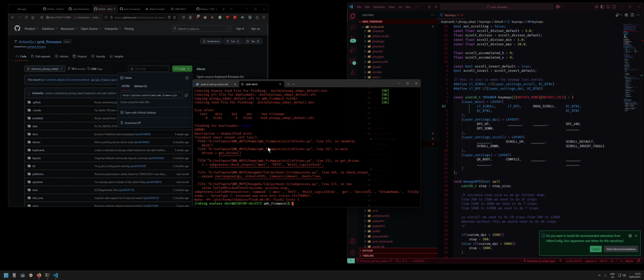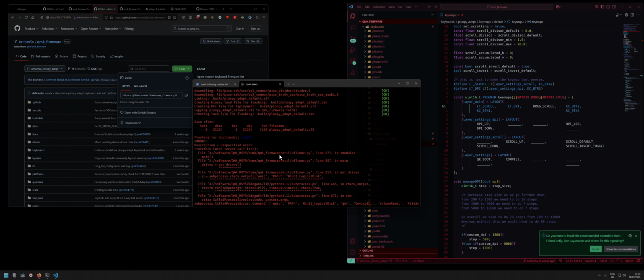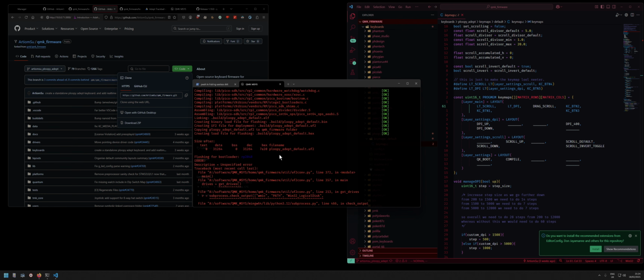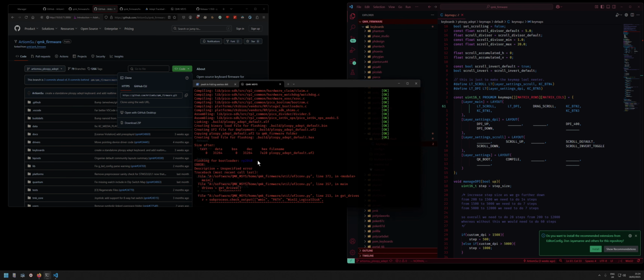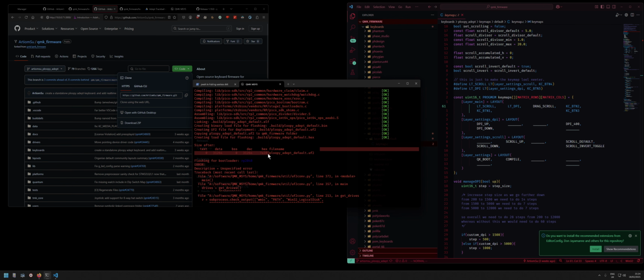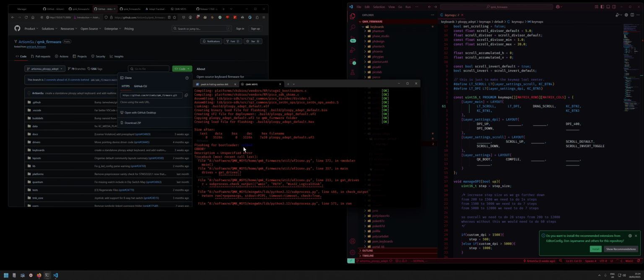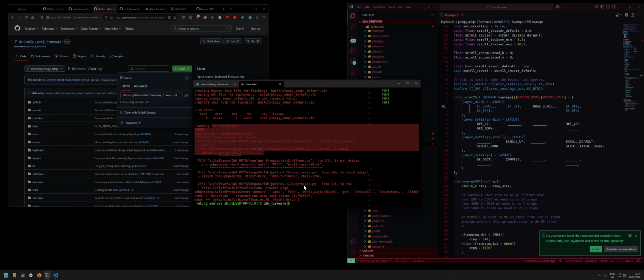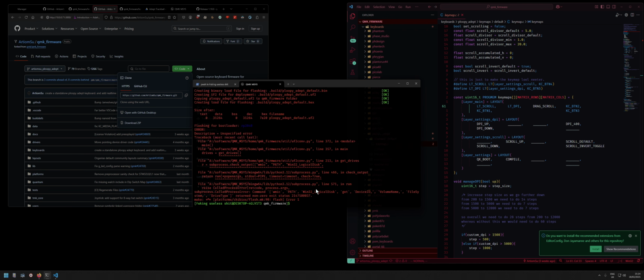All right, so at the end, on Windows, you might see something weird like this, where it comes up with an error. But what you want to do is go up to here and see if we have a UF2 file here. So in this case, we do. We have Pluppy adept default UF2, and then it's going to try to flash it for you, but on Windows, it's going to fail because Windows is a great OS. So what you need to do,